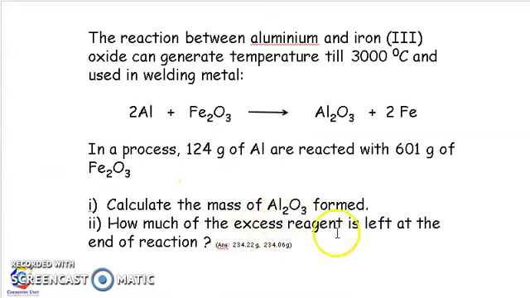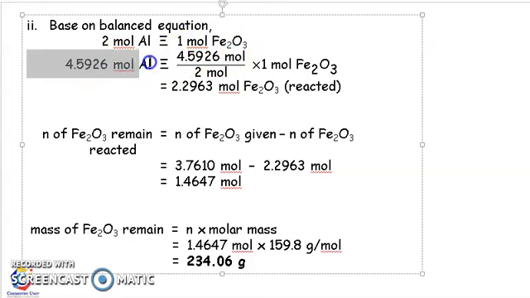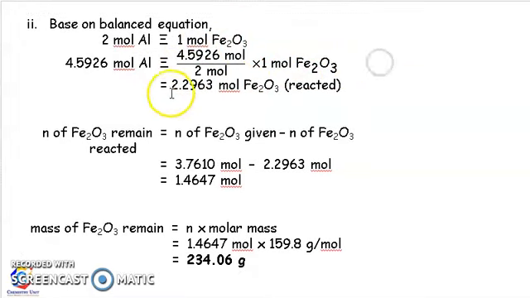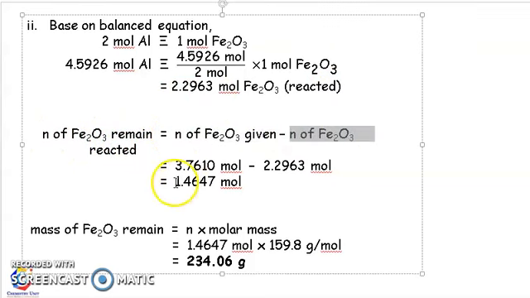How much of the excess reagent is left at the end of the reaction? So now we need to compare aluminium with iron oxide. We compare based on the equation given. 2 mole aluminium is equal to 1 mole iron oxide. So again, using the mole of aluminium given by the question, we solve the problem by stoichiometry. We get the answer 2.2963 mole iron oxide reacted. So for the number of mole of iron oxide remaining, we use the given minus the reacted one. We get the answer